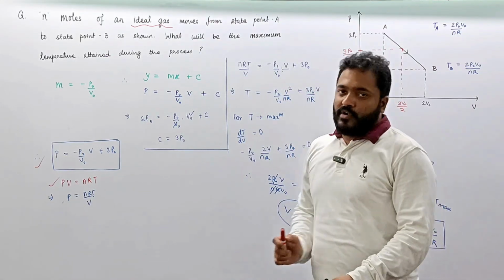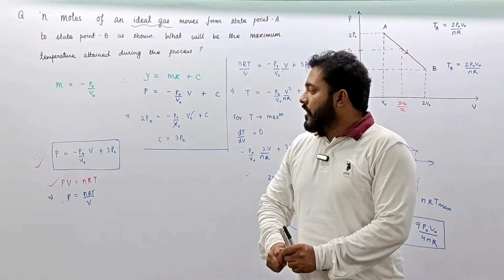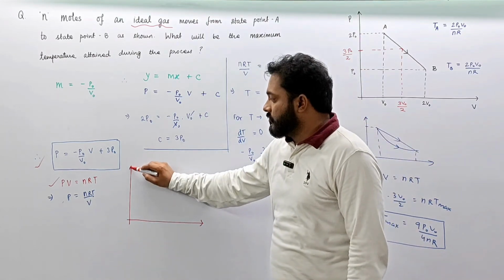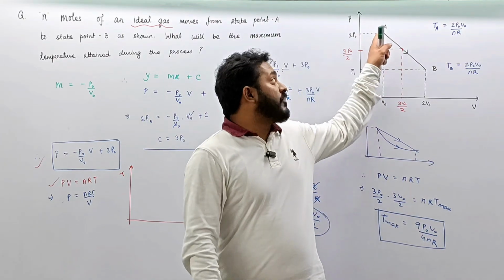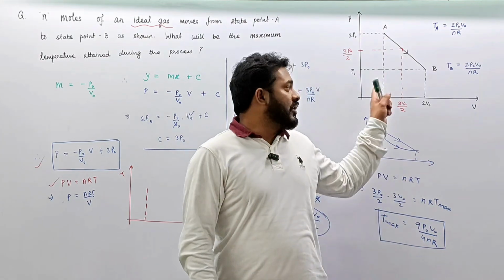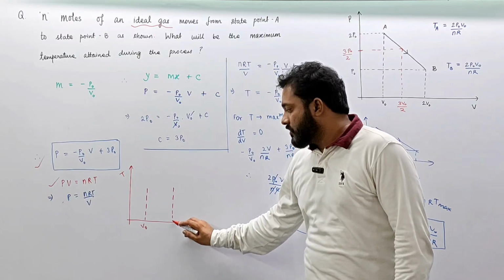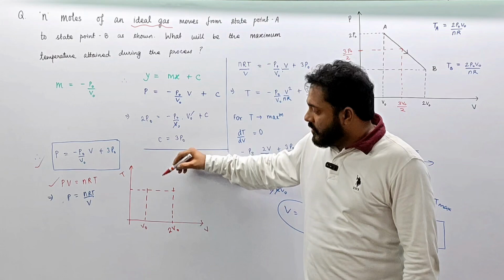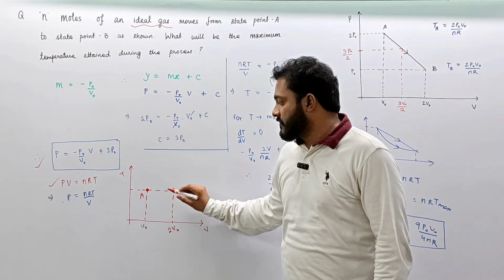Now additional to this, we have already solved the problem over here. This is the required temperature in the problem. Now if I think in terms of temperature volume graph, so we can say that temperature at point A and temperature at point B, so at A volume is equal to V naught and at B volume is equal to 2 V naught, and temperature at these 2 points are same. So the starting point of the graph and the ending point of the graph associated with process AB is going to be same,